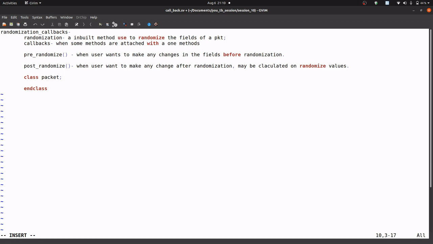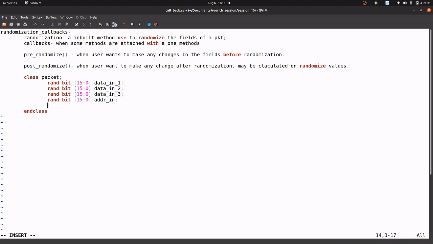Let's declare some fields as rand: rand bit [15:0] data_in_1, data_in_2, data_in_3, and let's say address_in.